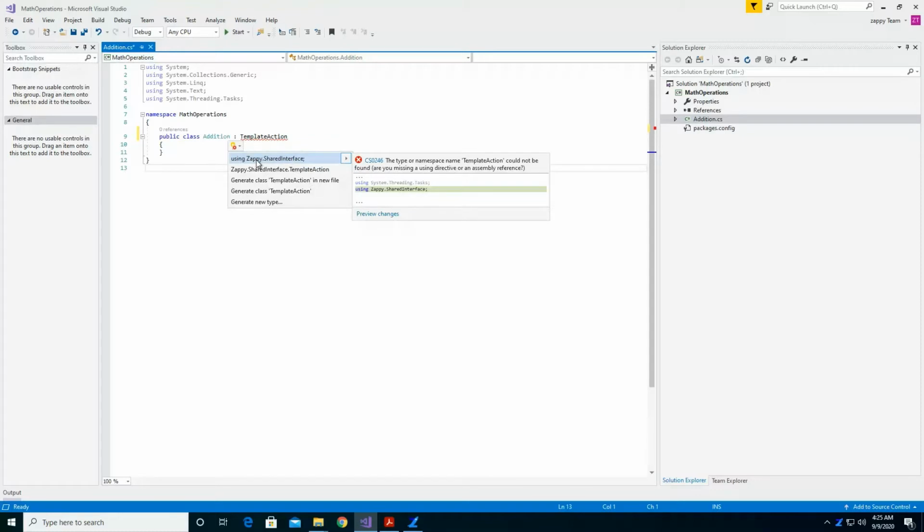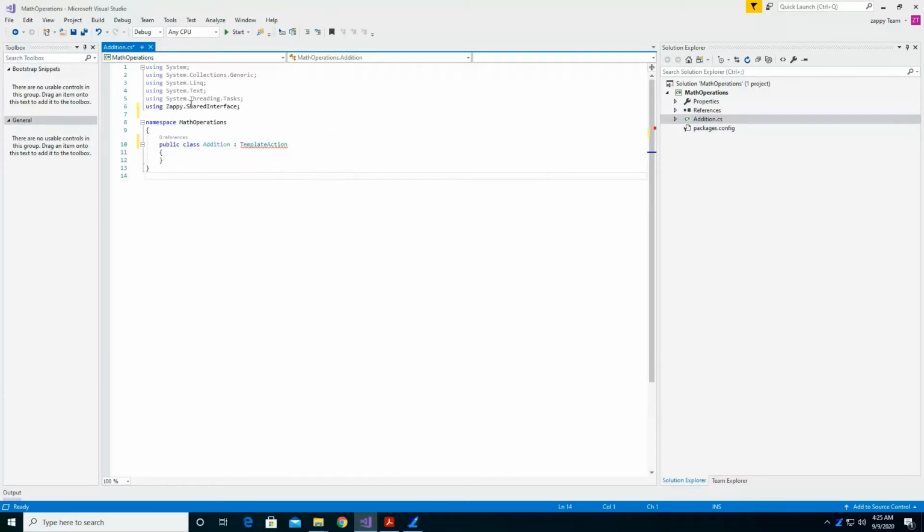That's how you can use the template action. Click on that, and you can see the using statement coming over here. Also, place the cursor on the class name. It shows that we need to implement the Invoke method. In this method only, we have to write our own logic, whatever implementation you want for that action.